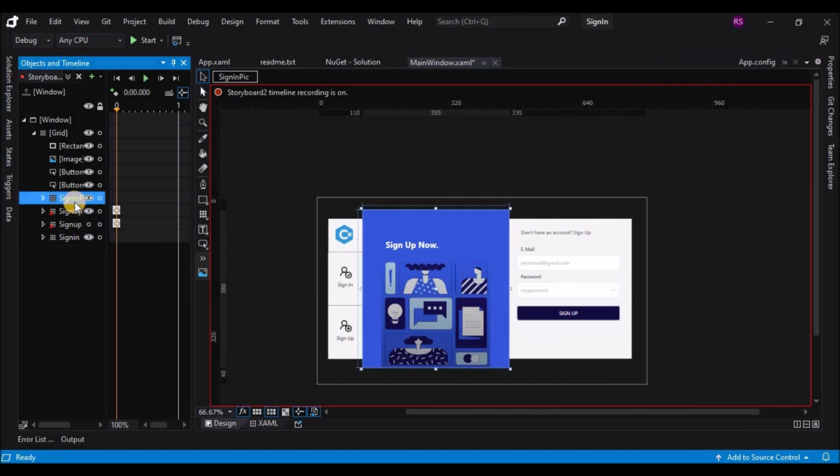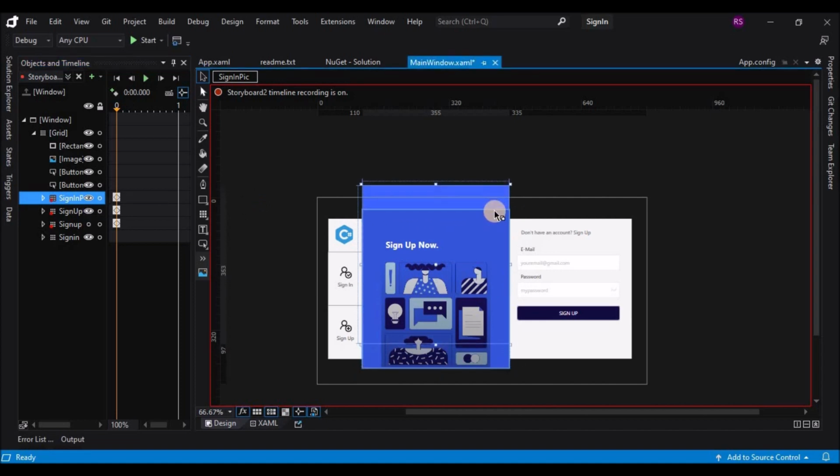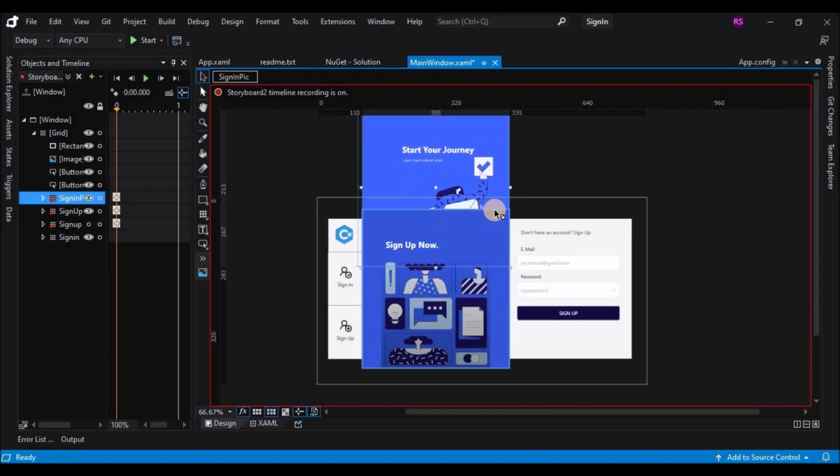So let's make the sign up controls visible on the first keyframe, and the sign in controls were out of the window in the last keyframe. So here we are going to start from that point.